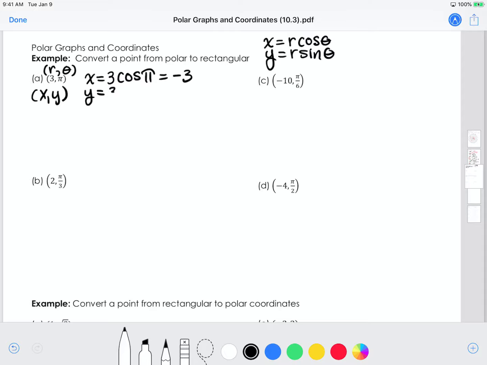Y is 3 times sine of the angle, which is pi. Sine of pi is 0, and 0 times 3 is 0. So my rectangular point that corresponds to the polar point (3, pi) should be (-3, 0). So when I look at this,